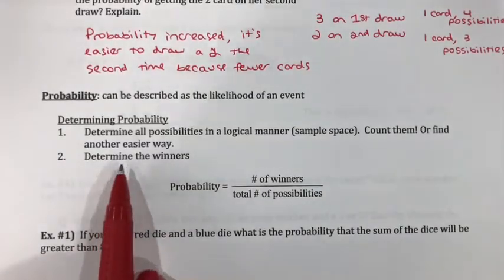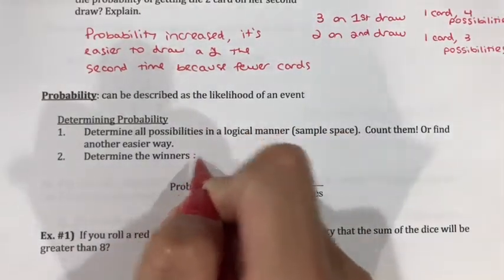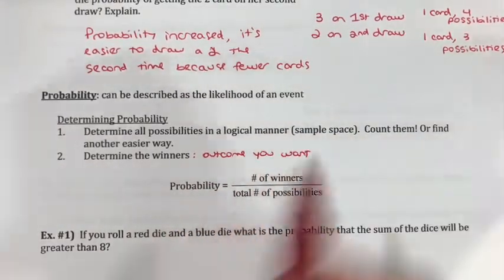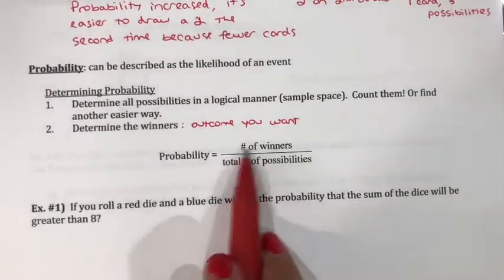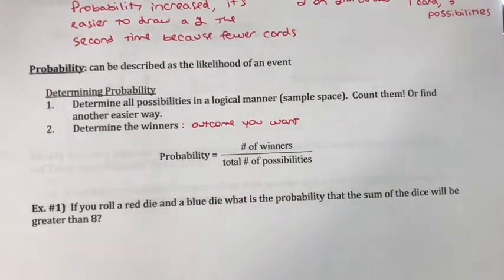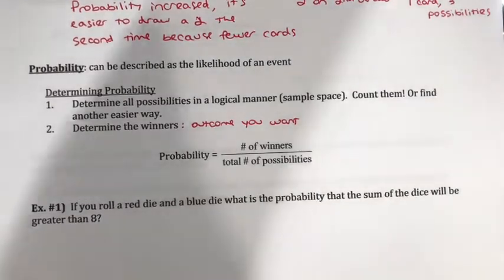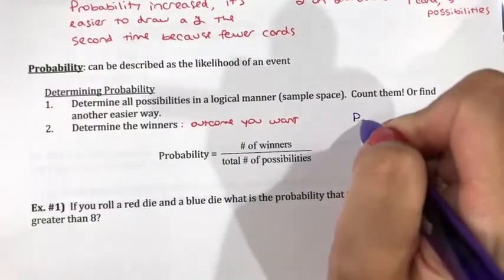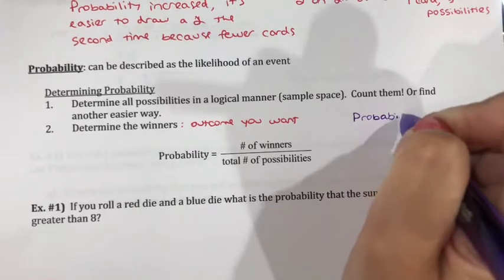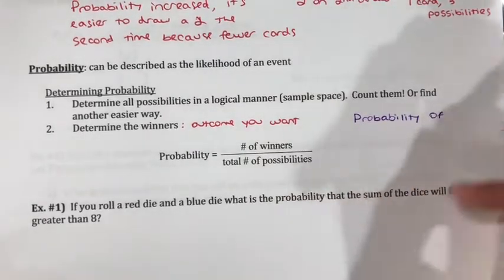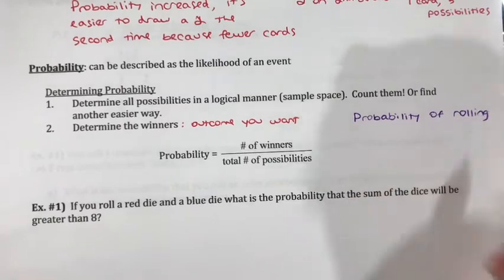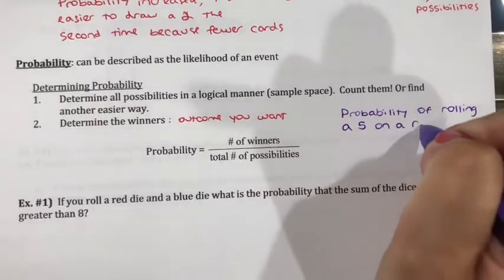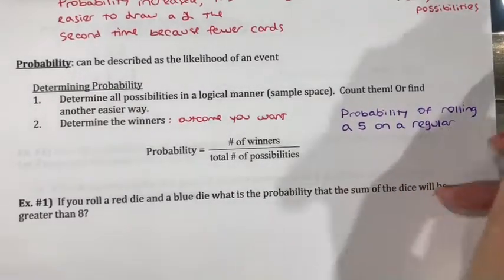And then you want to figure out which are your winners. Winners are the outcome you're looking for, the outcome you want. So probability is the total number of winners divided by the total number of possibilities, okay? So let's say, for example, what is the probability? Let's do a simple one off to the side. Of rolling a 5 on a regular 6-sided